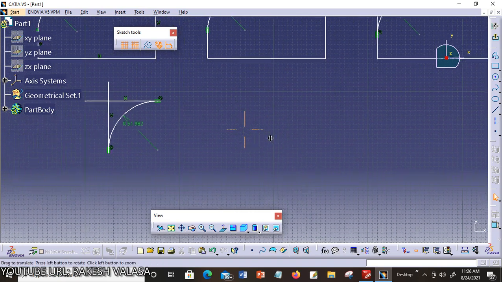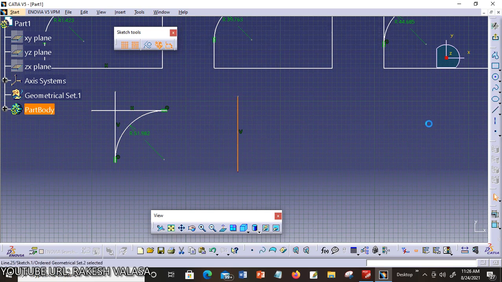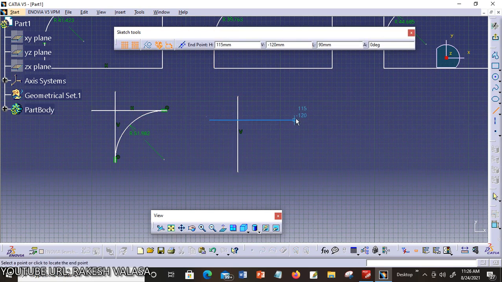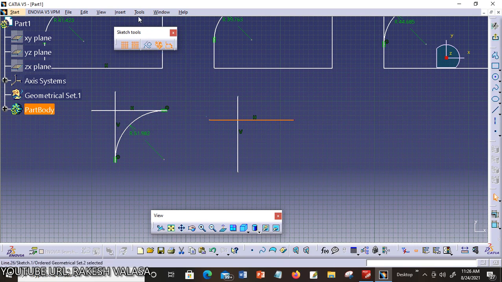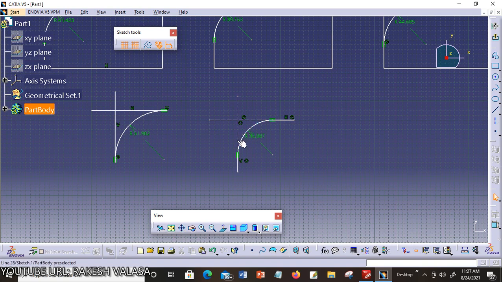For the sixth option, I want to draw the two intersecting lines. This is the first line. This is the second line. Now Insert, Operation, Corner. Now I am choosing the last option, that is construction lines no trim. Choose first line and second line. Drag to inside and click here. The corner is created. You can see here these two are the construction lines. The trimmed lines are set as construction lines.